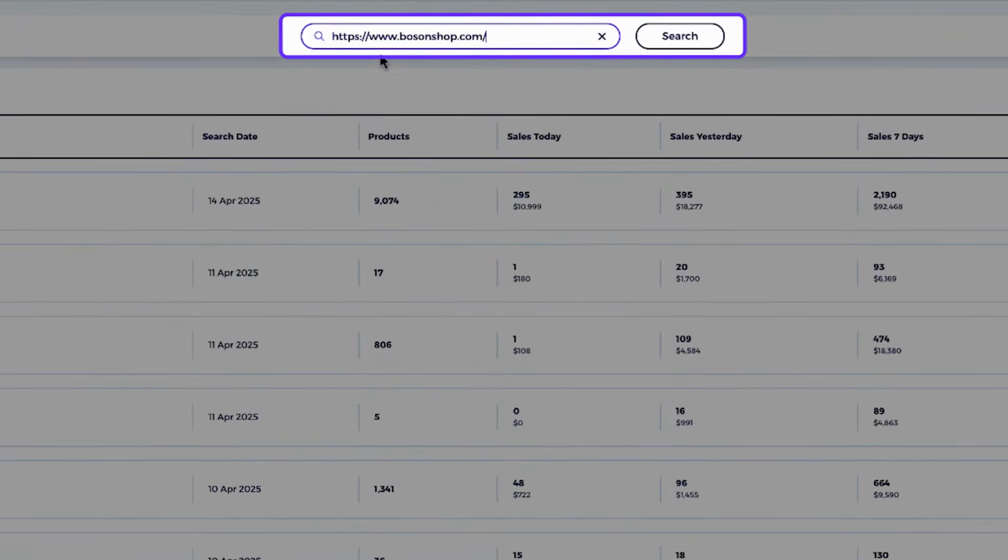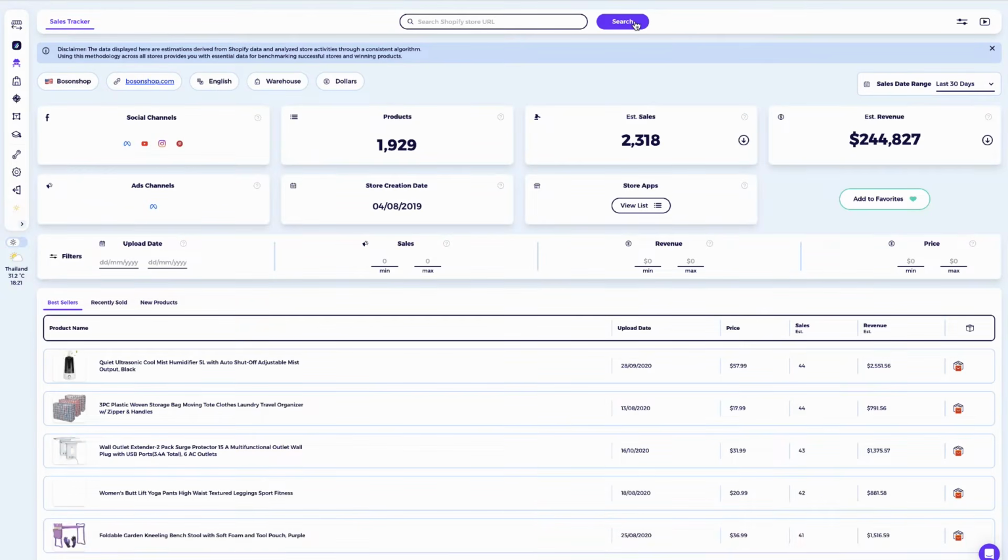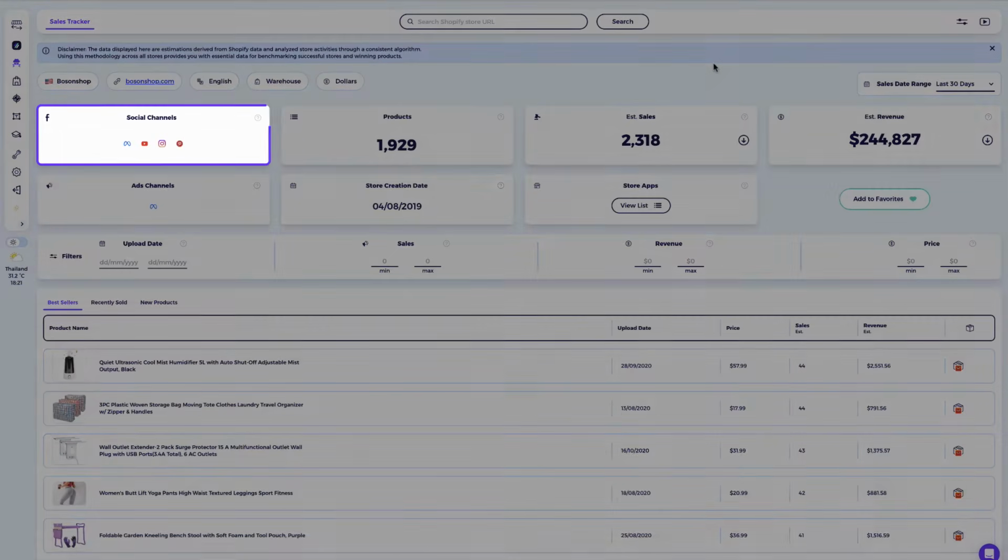Product Explorer. Another way to use this tool is by analyzing any Shopify store manually. Simply copy the URL of the store you want to analyze, paste it into the Store Sales Tracker, and hit search. As long as it's a Shopify store, you'll receive a detailed analysis including social channels, both organic and paid